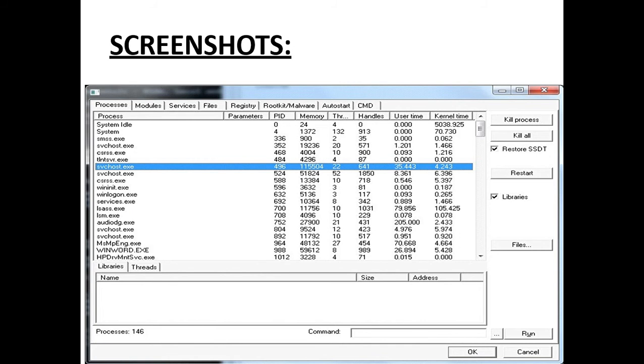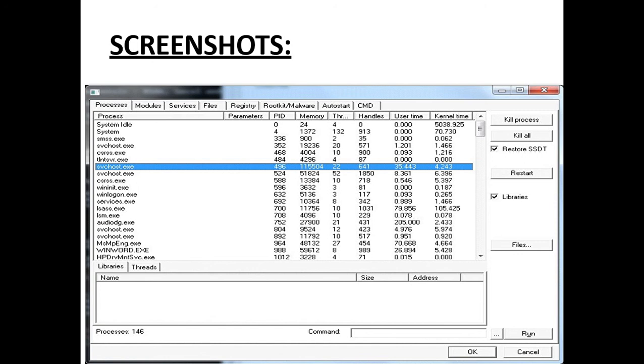First, we select the processes option. These are the processes running on the system. If we want to kill a particular process, then select kill process. And if we want to kill all the processes, then we select kill all.